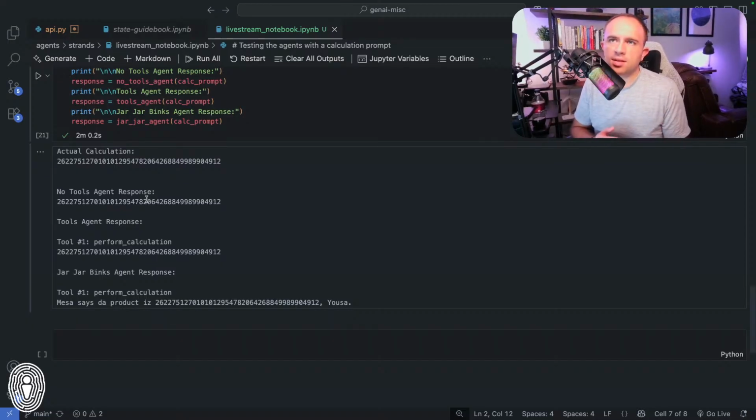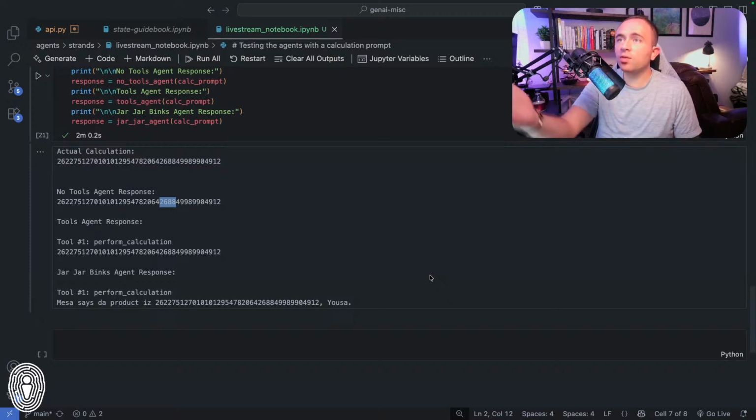With the no tools agent response, we didn't give the tool, and in my particular testing it was hit or miss whether it would get this right. In the instances where it did not get it correct, it looked very close. But imagine if these four numbers that I'm highlighting were not present, but everything else was correct.